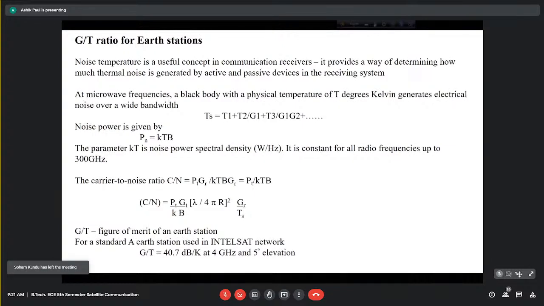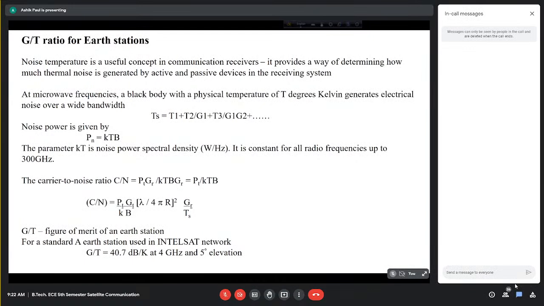And another very important thing to remember is that suppose in the detection stage, if we are using a square law detector, then you have to remember that the output power is proportional to the input voltage amplitude squared. Is it correct for a square law detector? Yes. So herein you can understand that the linearity of the signal is lost.